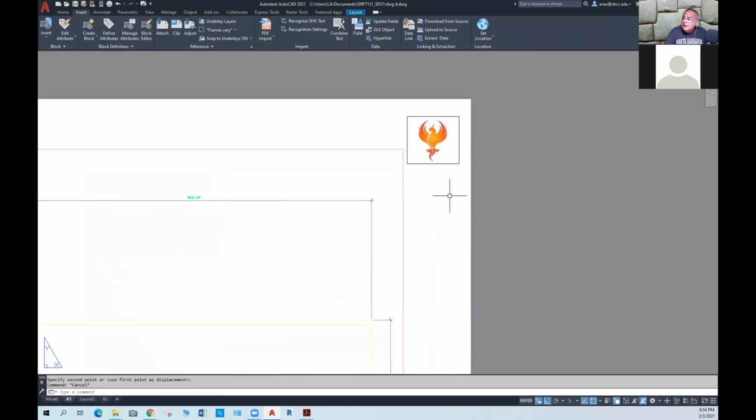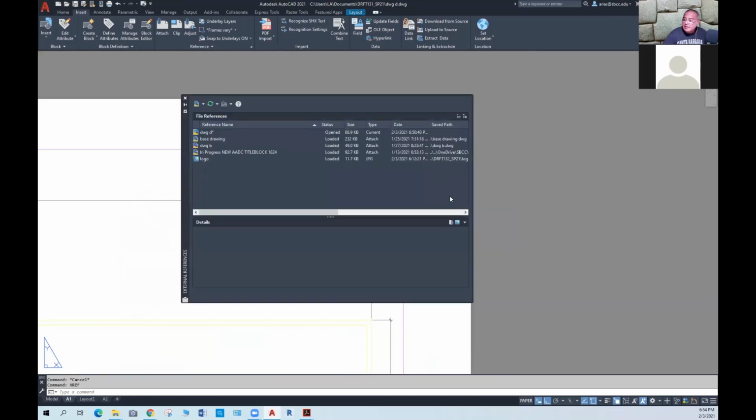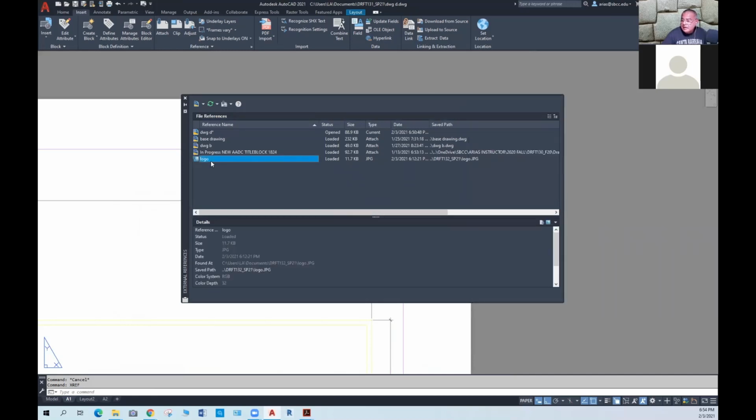And so maybe I want this image to be embedded in my drawing. So let's go to the XREF dialog box and see what's happening. So there is the image. And if I right click on this,